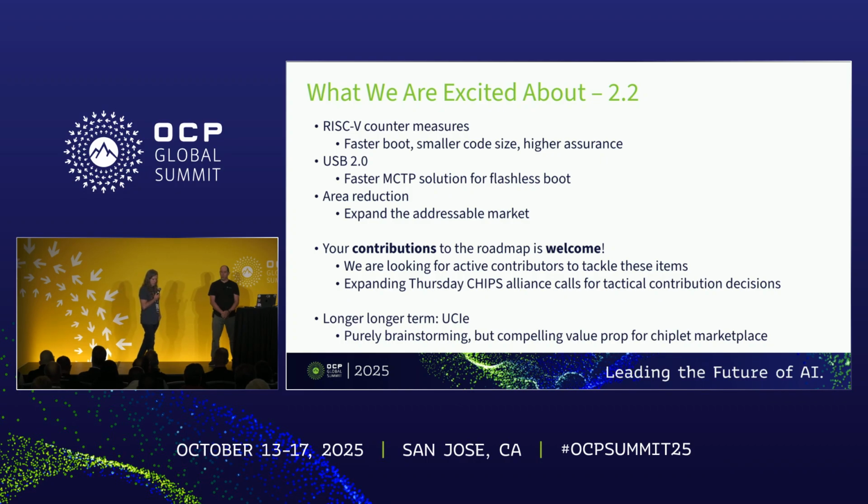So yeah. You want to talk about UCIe? I mean, that's way further out. Yeah, UCIe is further out, but we are looking at what to do in the chiplet space, right? If you've been reading about UCIe, every chiplet may need some amount of cryptography or identity. And we're thinking that Caliptra can play a role there, but this is a very early conversation. So we wouldn't even say that it's part of 2.2. That's why it's longer term.